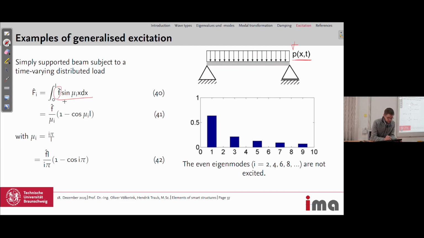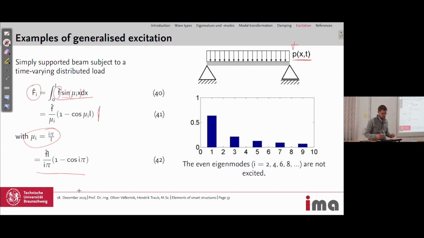So we have the amplitude, the sine, and sine from the wave number times the spatial coordinate x again for the generalized excitation. And if we integrate it, we come to this, and then we use the wave number again and put it in,